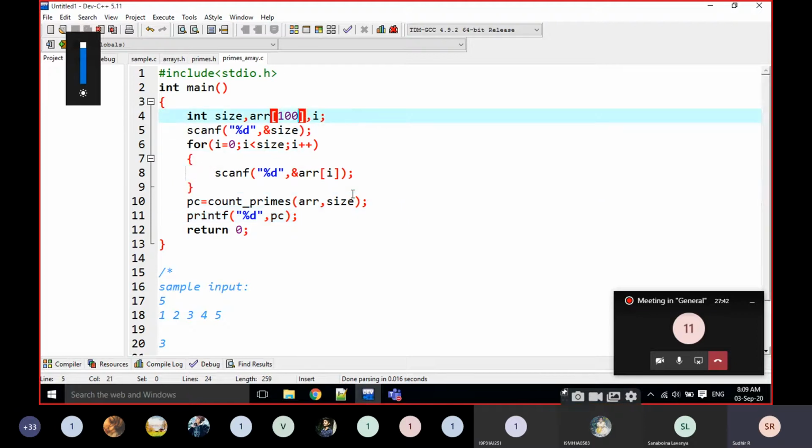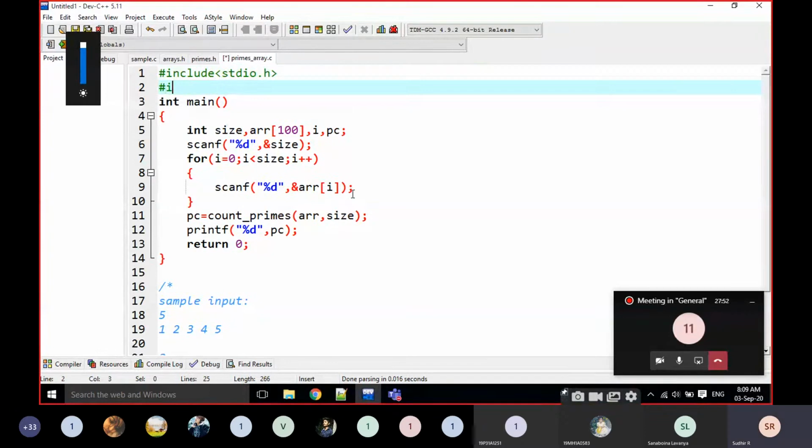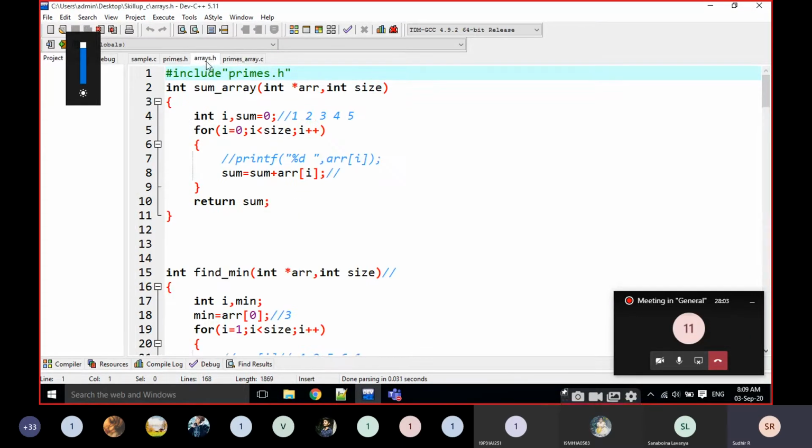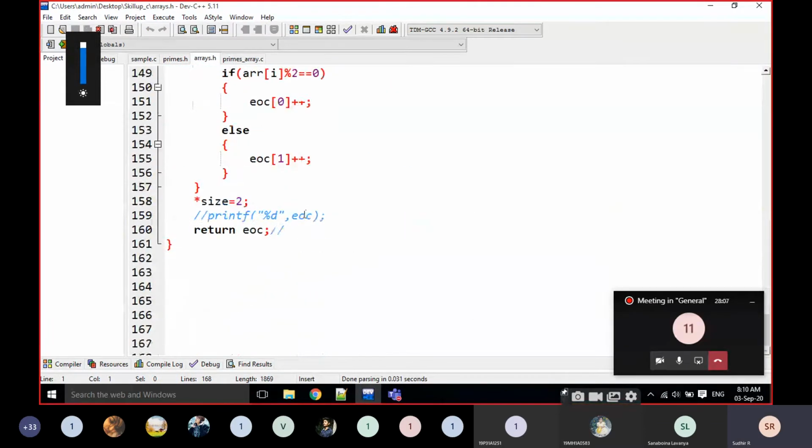We are going to find how many prime numbers are in an array. That's it. I am going to include arrays.h here, and I am going to find how many prime numbers are there.